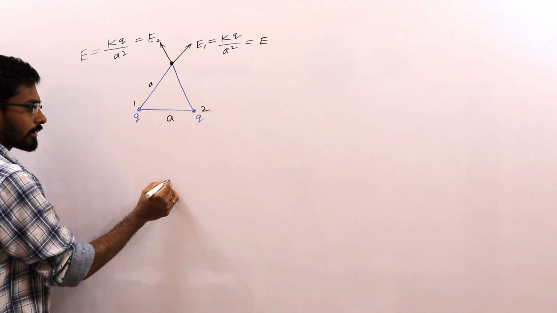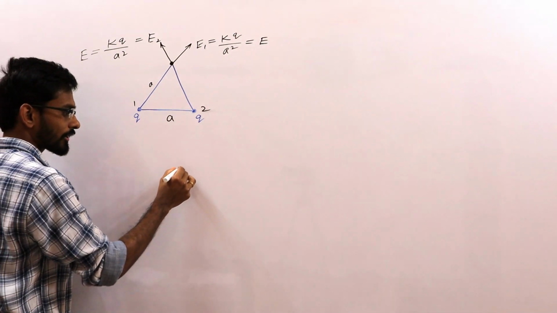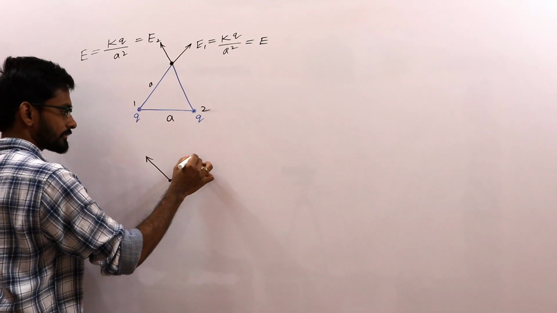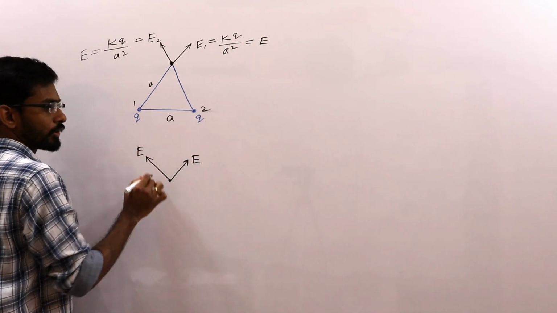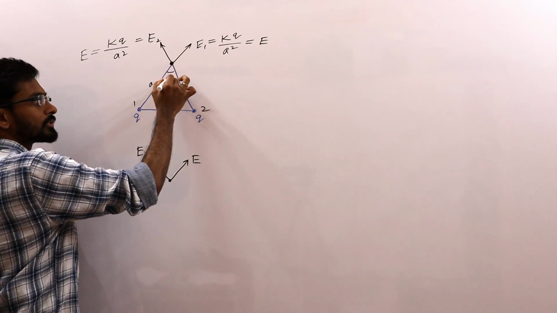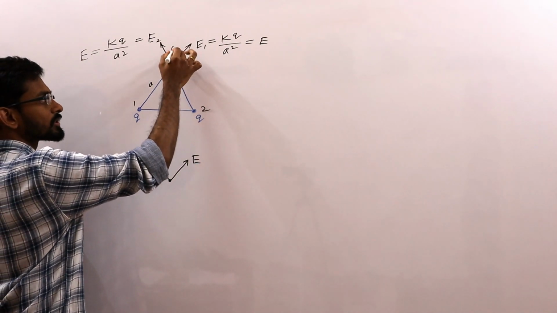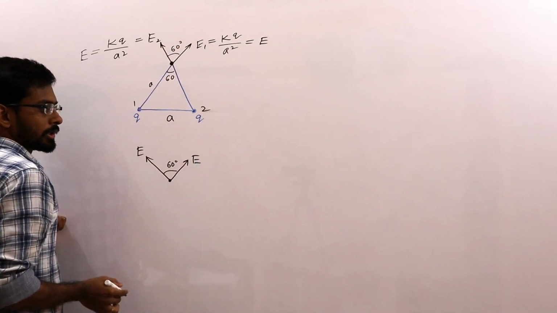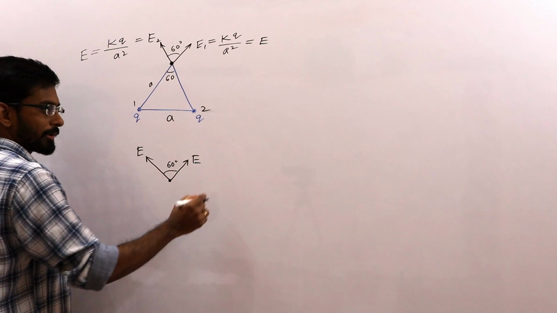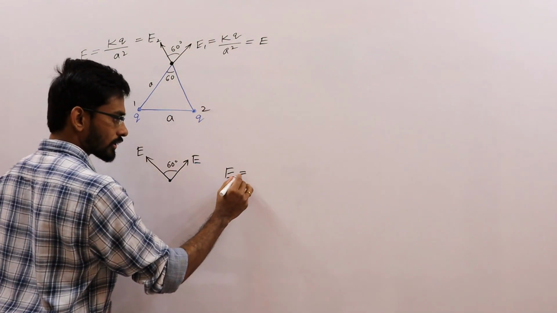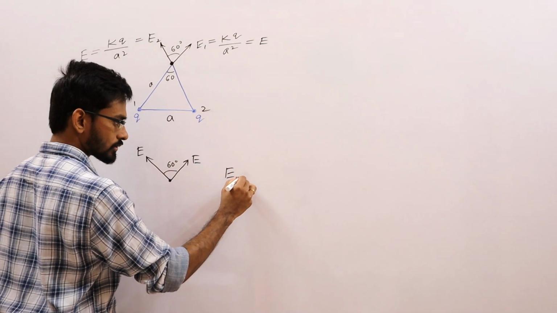Now if I write it, the two vectors, electric fields are vector quantities, so E and E in this direction. And we know the angle between any two sides in an equilateral triangle will be 60 degrees. If this is 60 degrees, this will be 60 degrees. Now the angle between these two is 60 degrees. So the resultant of these two can be found by vector addition, that is E net, or E resultant, is equal to